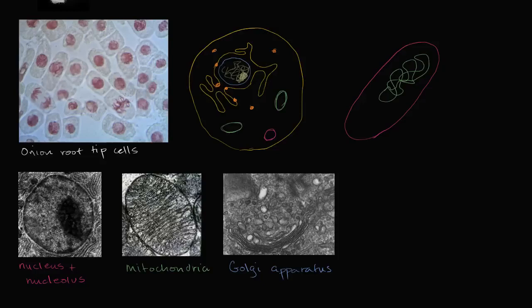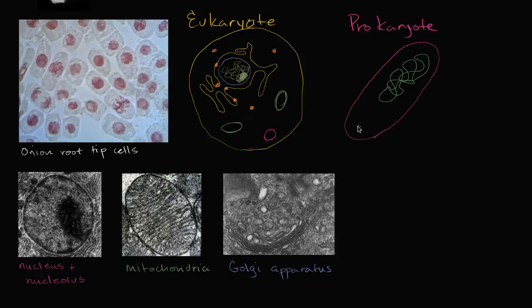When we want to categorize life as we know it at a very high level, we can categorize it as either eukaryotic, or as a eukaryote, or as a prokaryote. And the largest distinction between a eukaryote and a prokaryote are membrane-bound structures that eukaryotes have that